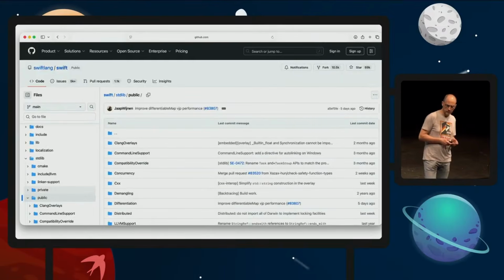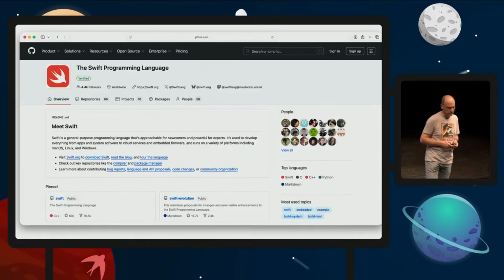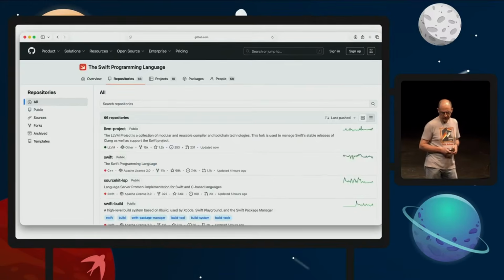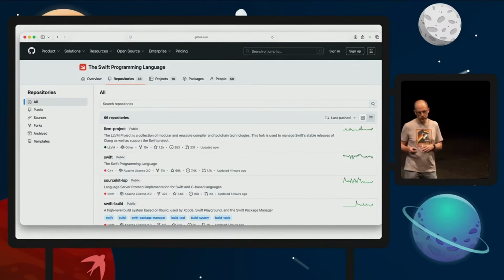In the Swift repo, you see the source of the Swift standard library, but then you see it's from the SwiftLang organization. You go there, and you see that they have more than 60 repositories. But this is SwiftLang. You thought this would be the Apple organization, and you would be right. The migration of the Swift fundamental elements to the SwiftLang organization was announced last year in June only.